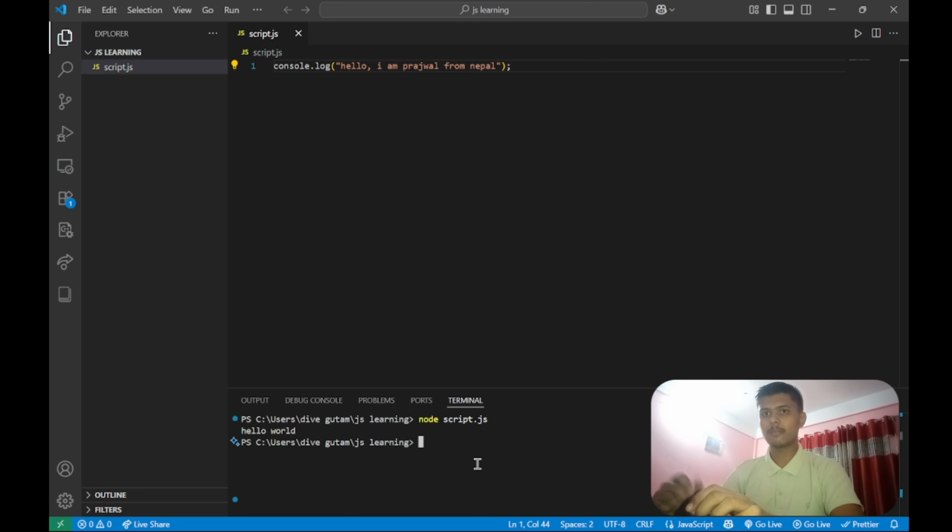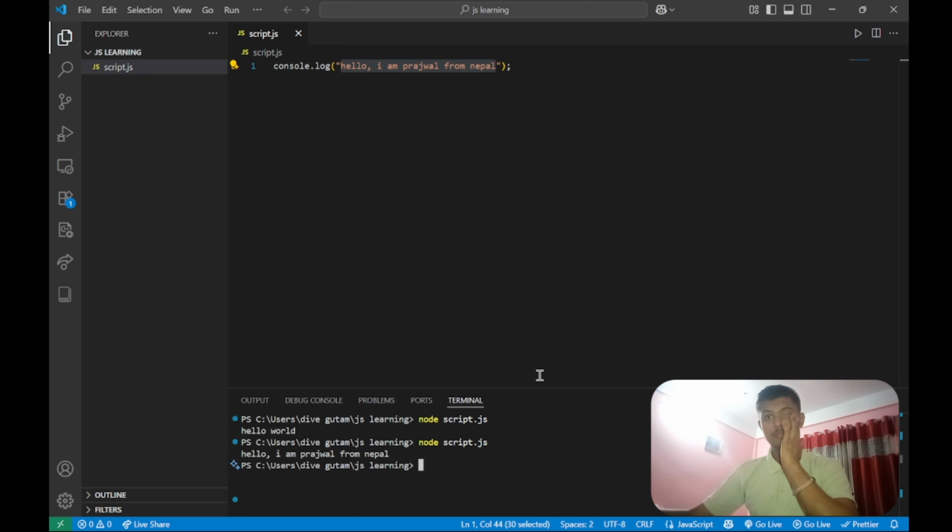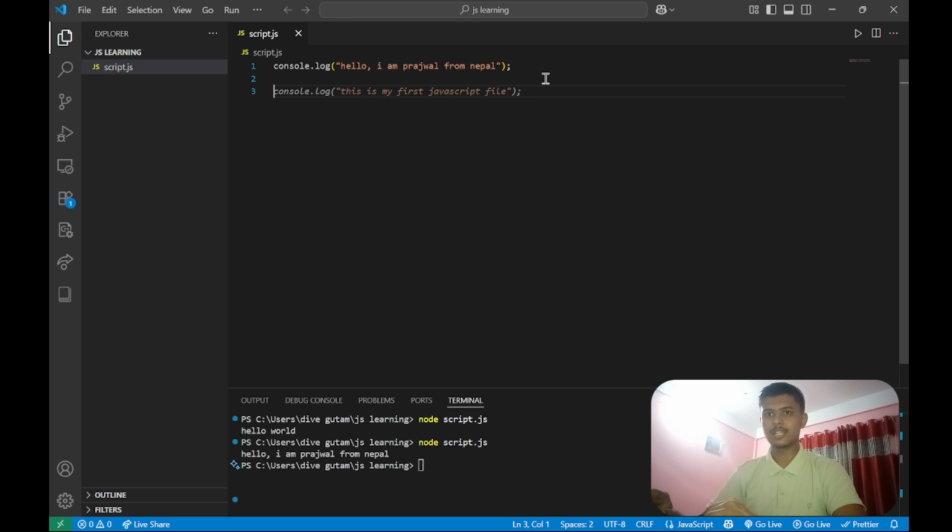To run the program again, you will simply write node script.js, and then press enter. See here, whatever we have written inside this bracket has been successfully printed on our terminal. So if you are familiar with console.log from now, then let's march towards the next thing, that is our